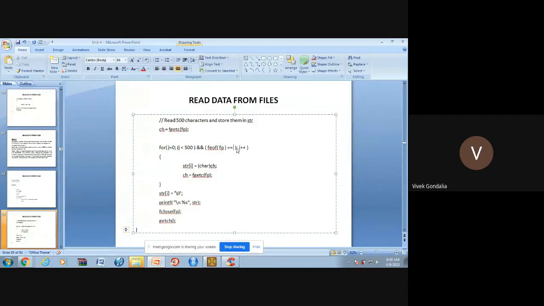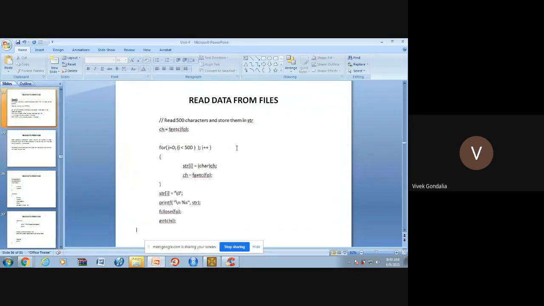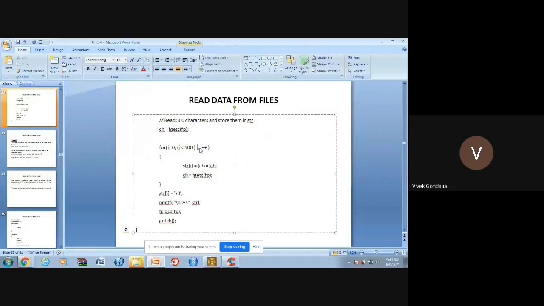Let me first see this condition only. i = 0; i < 500; i++. Clear? Now you can understand this condition, because I want to read 500 characters. It will start from 0 and go up to 499, so a total of 500 characters it will take. This is the very basic syntax of the for loop.